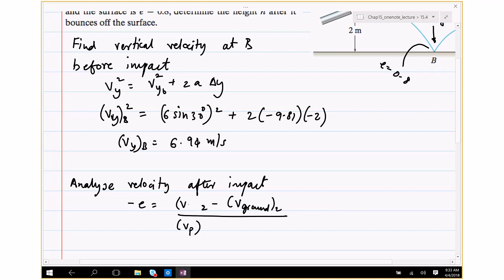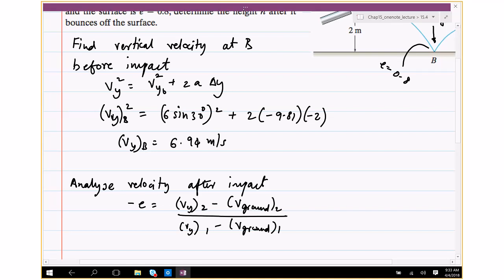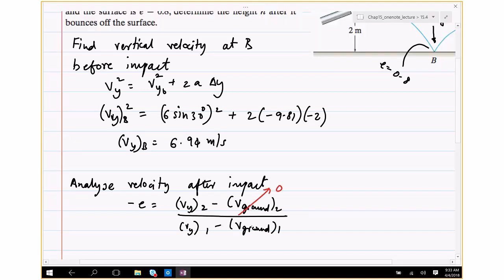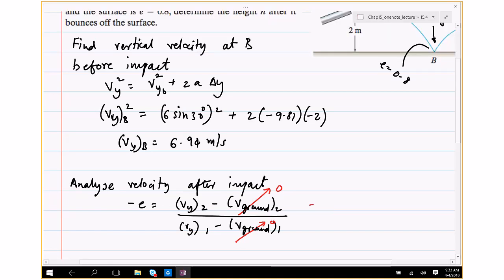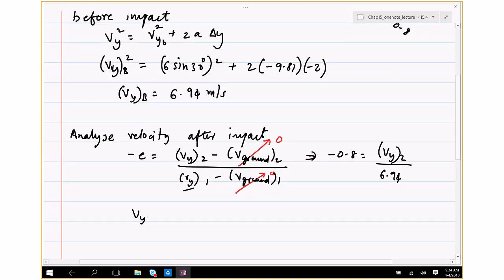Let me write this as Vy. Vy1 minus velocity of ground before impact. Okay. Now the ground does not move, so these velocities are 0. So minus 0.8 equals velocity after impact, which is unknown, over velocity before impact, which is known as 6.94. So Vy2 equals